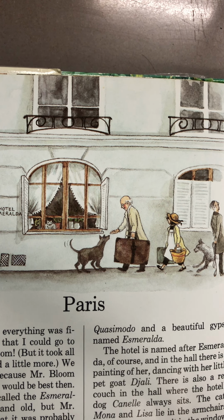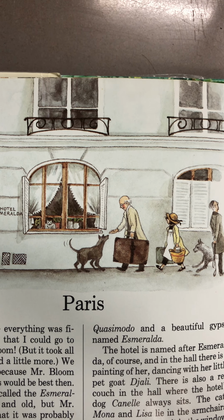The book The Hunchback of Notre Dame takes place there. Mr. Bloom hadn't read the book, but he had seen the film. It's about a terribly ugly bell ringer named Quasimodo and a beautiful gypsy named Esmeralda. The hotel is named after Esmeralda, of course, and in the hall there's a painting of her dancing with her little pet goat,